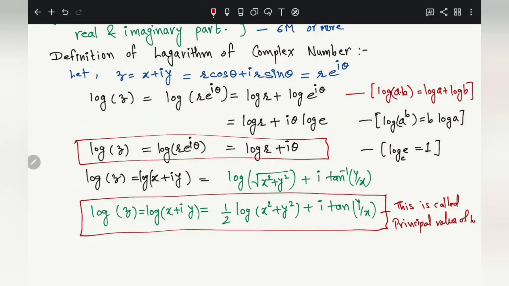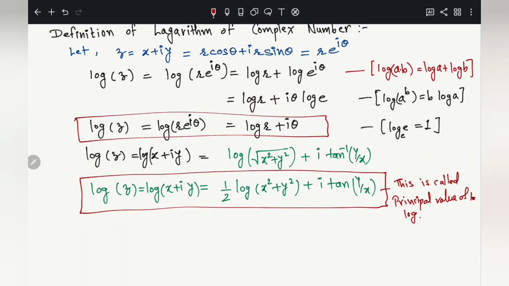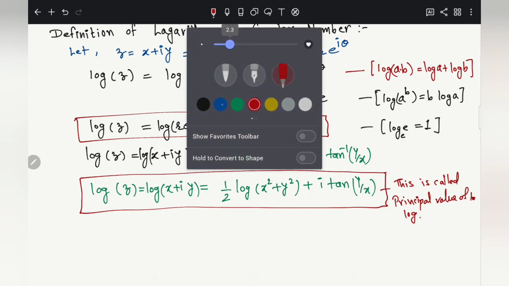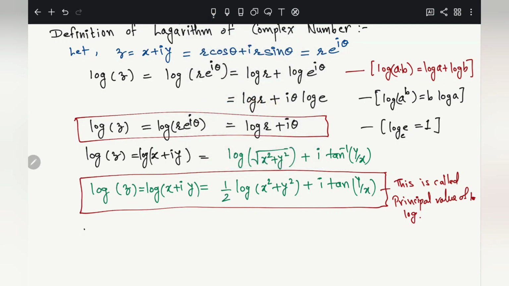And then there is one more, called the general value. As you know, in the case of roots also, I told you the meaning of general. So when you are taking the theta value as theta plus 2k pi,